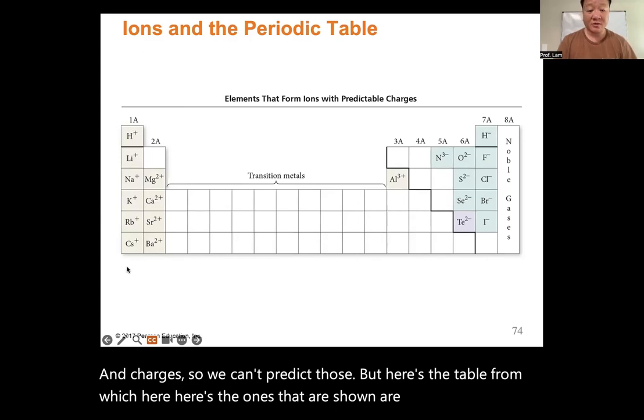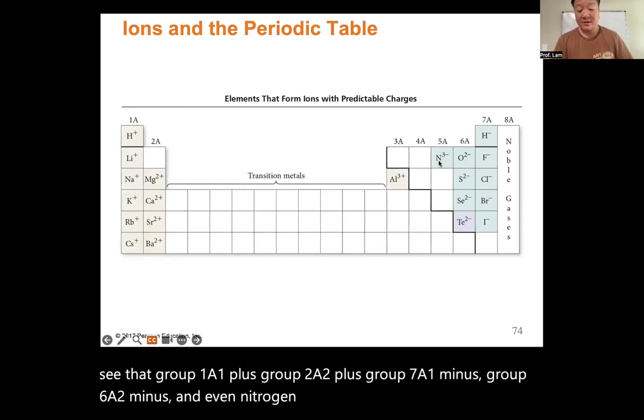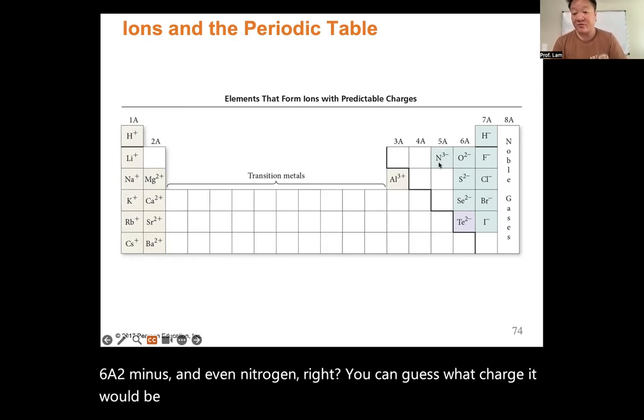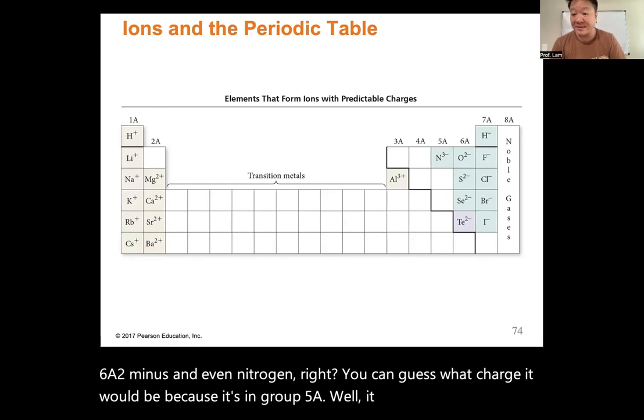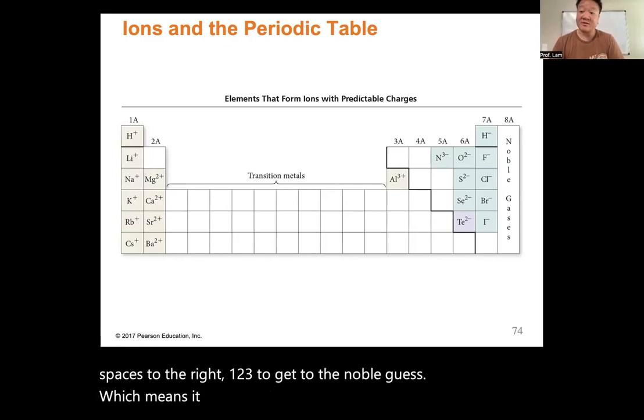So you see that group 1A, 1+, group 2A, 2+, group 7A, 1-, group 6A, 2-, and even nitrogen, right? You can guess what charge it would be. Because it's in group 5A, well, it wants to go 3 spaces to the right, right? 1, 2, 3 to get to the noble gas, which means it wants to gain 3 electrons and therefore becomes